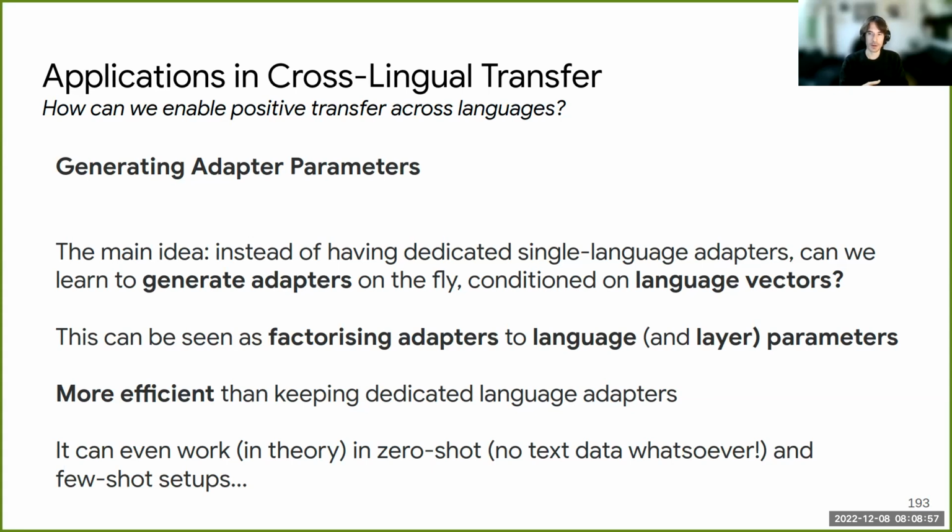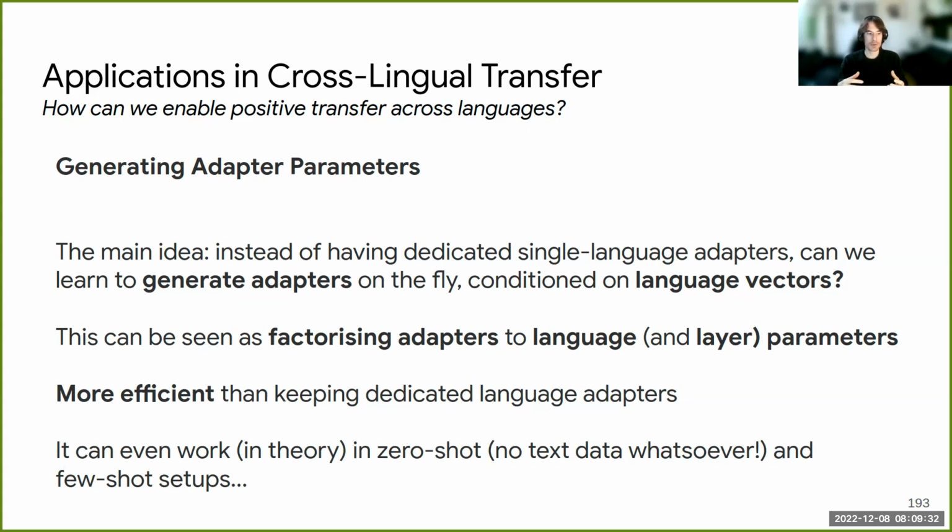So you can think about language vectors, which can come from different typological databases, and then you're trying basically to factorize adapter parameters into language and potential layer-specific parameters. So you can insert those adapters or modules into every single layer of the network. So you can also condition the generation on the particular position in which you're inserting those. And this is not only enabling positive transfer, this could be also more efficient than keeping dedicated language adapters, because